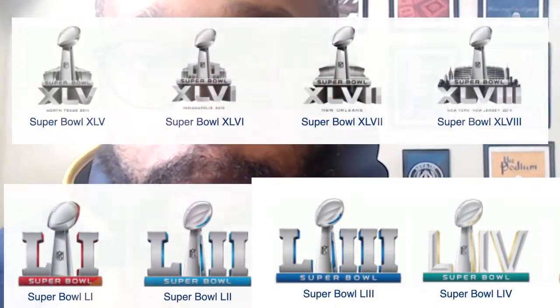Now, the NCAA has decided to keep personality in their championship logos when other leagues have not, like the NFL. So I am pleased to go through some of my favorite logos for the Final Four of the NCAA tournament. The men's and women's each have their own unique personality, as they're held in two different places. So each logo has an opportunity to play off of the location,